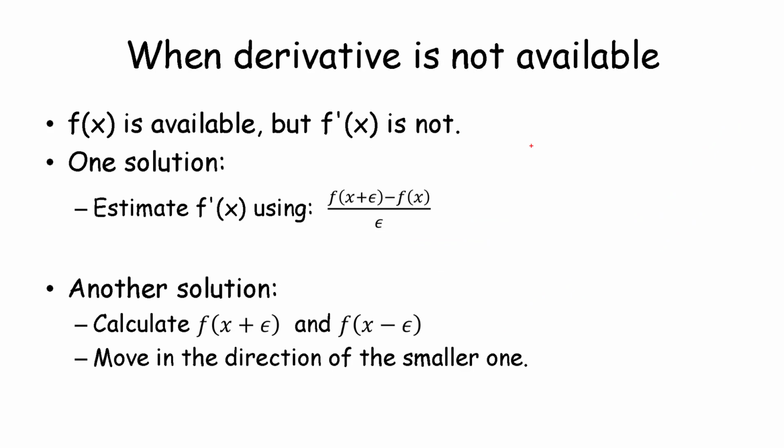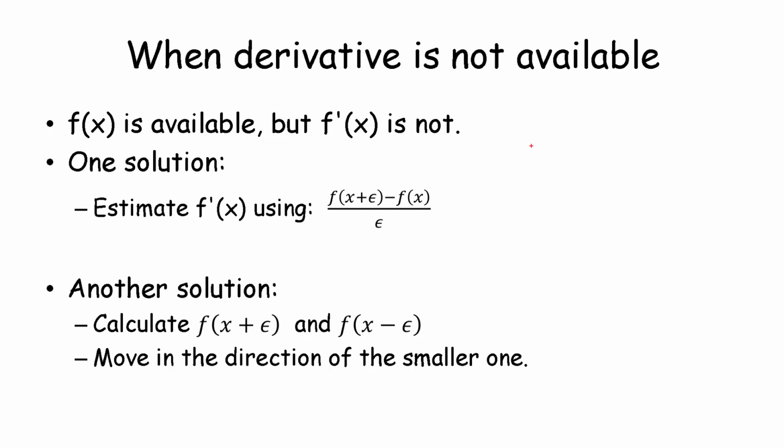In some other problems, we may not have a mathematical formula for the derivative. This is especially the case for data-driven applications where the value of the function depends on whatever samples we have. One solution is to estimate the derivative by calculating the slope within a small increment from x. Another solution is to take a small step forward and take a small step backward, and whichever one is smaller,